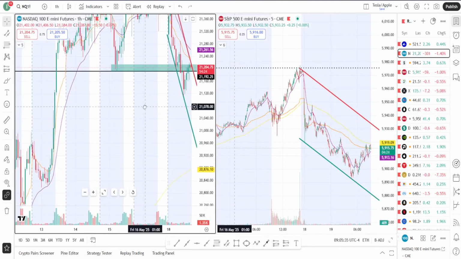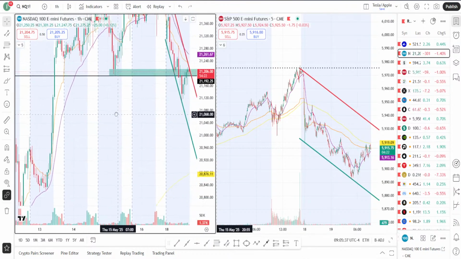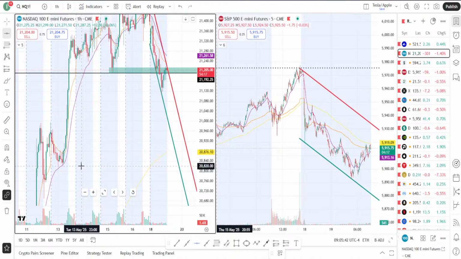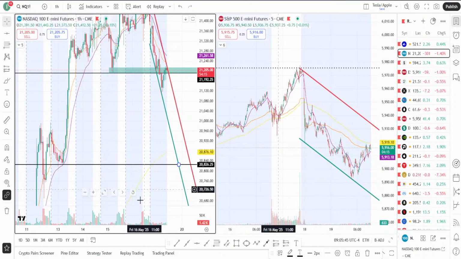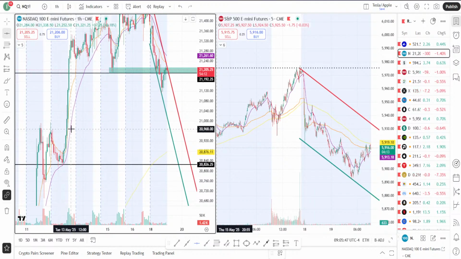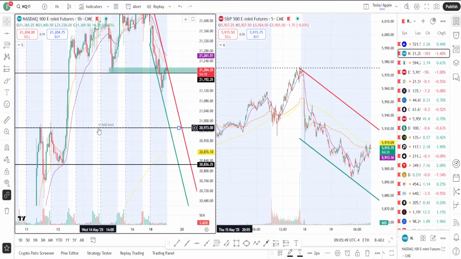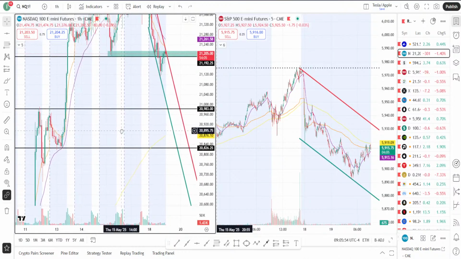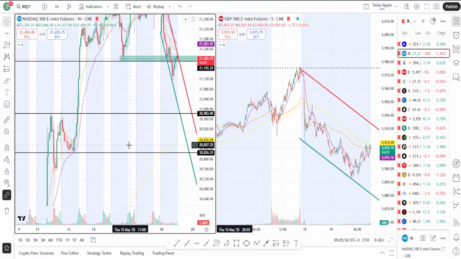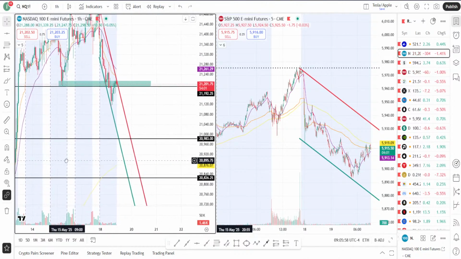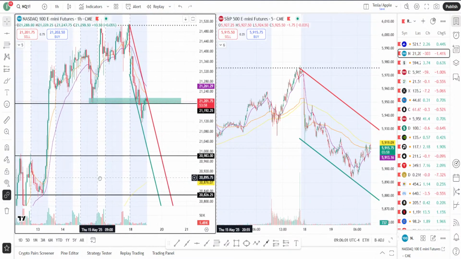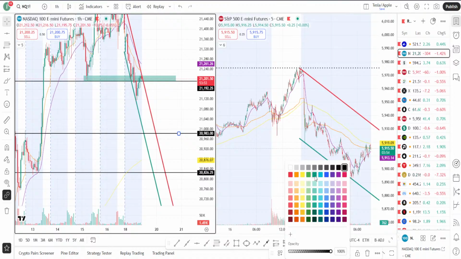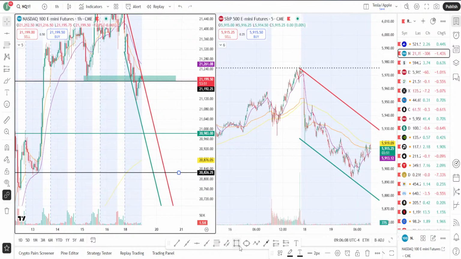Okay, so this could be our next support down here, right down here, and this could be another one right here as well. And then we'll mark a couple of support lines. Support 1, support 2,